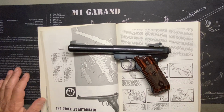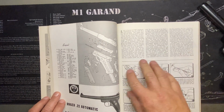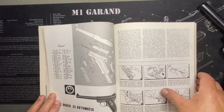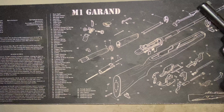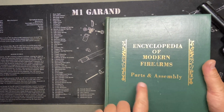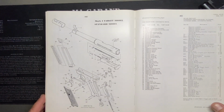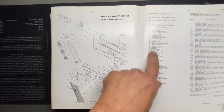Okay, so they give you a couple of the really important pointers right here at the end, and the vaguest possible description on how to take it apart and put it back together. You definitely have to know the procedure. But that's the NRA book. And it's covered also in our Encyclopedia of Modern Firearms, Parts and Assembly, our Brownell book. Gotta love the Brownell book. Here's the exploded diagram, list of parts,